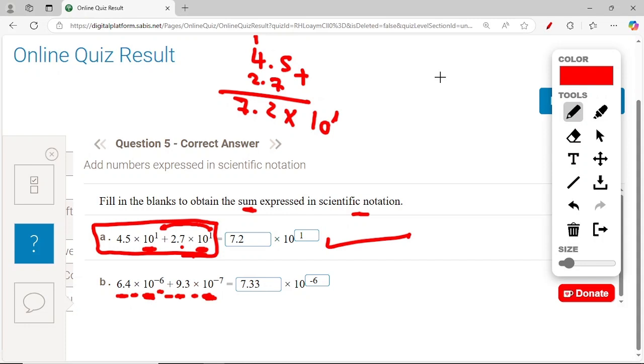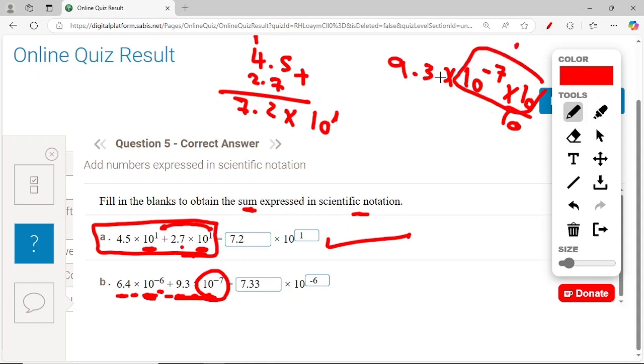So which one is smaller? 10 to the power of minus 6 and 10 to the power of minus 7. So 10 to the power of minus 7 is less than 10 to the power of minus 6. Okay, so we'll make 10 to the power of minus 7 into 10 to the power of minus 6. How will we do this? We'll take this number, 9.3 multiplied by 10 to the power of minus 7. To do this, we'll multiply by 10 and divide by 10. So this one will be 10 to the power of minus 6, and 9.3 divided by 10